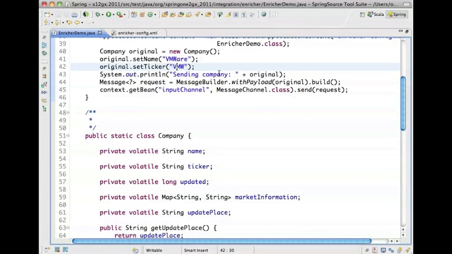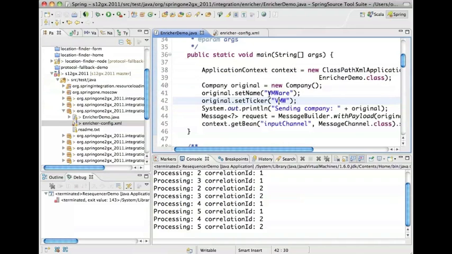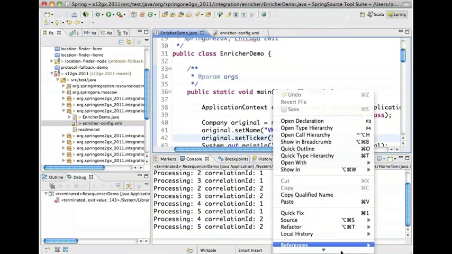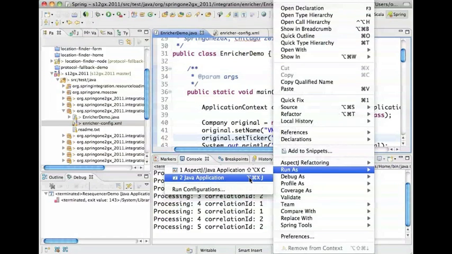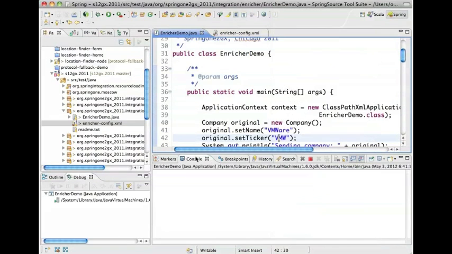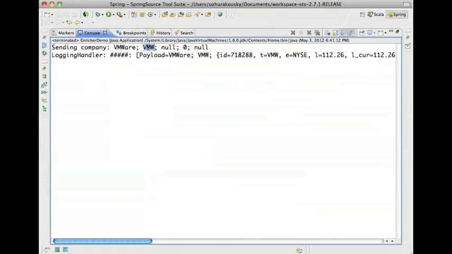So let's run this sample. So you can see that we're sending company VMware, and our toString method says that VMware only has the name